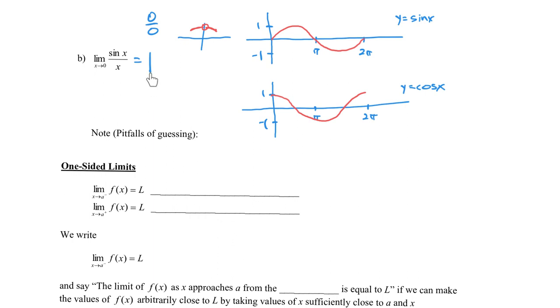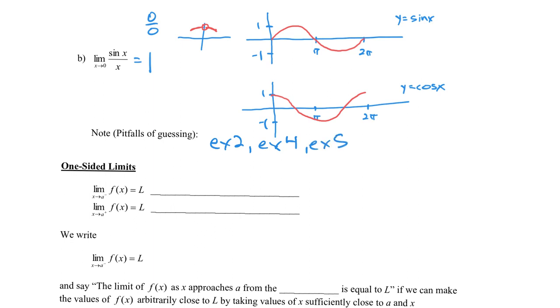And again, we're making an educated guess. Turns out that we're right, but we don't always want to guess. And there are some pitfalls of guessing. So to see some pitfalls of guessing, in this Stewart textbook, there are example 2, example 4, and example 5